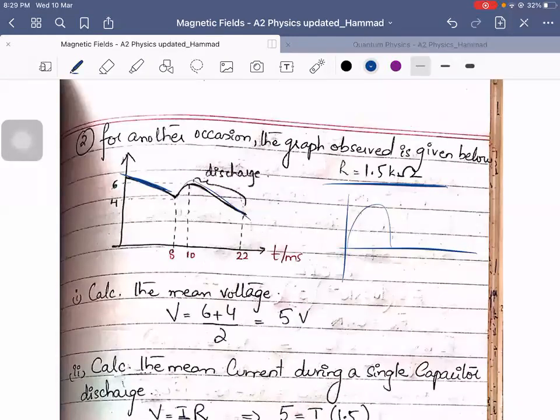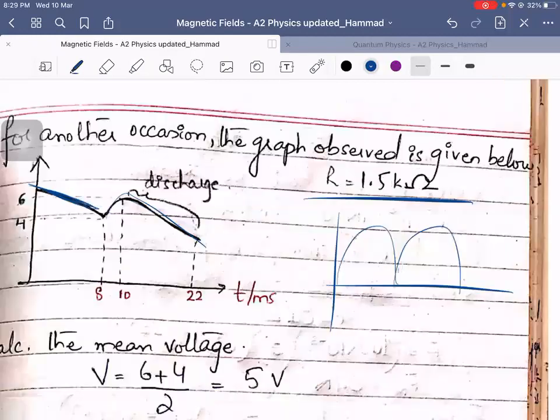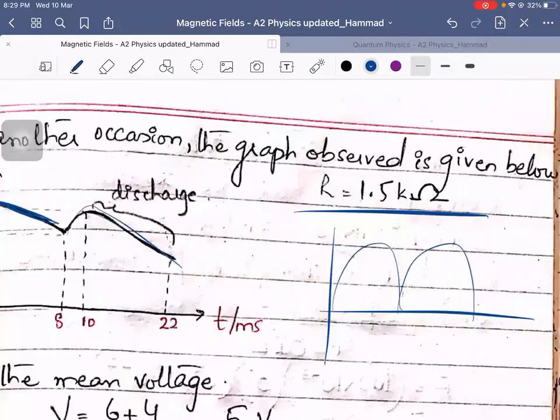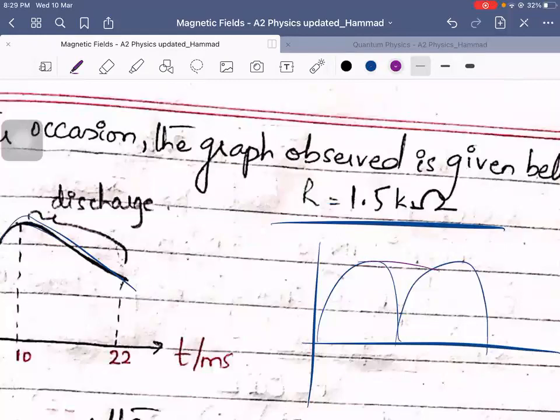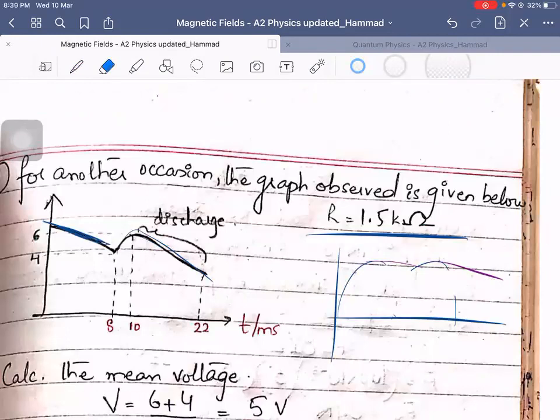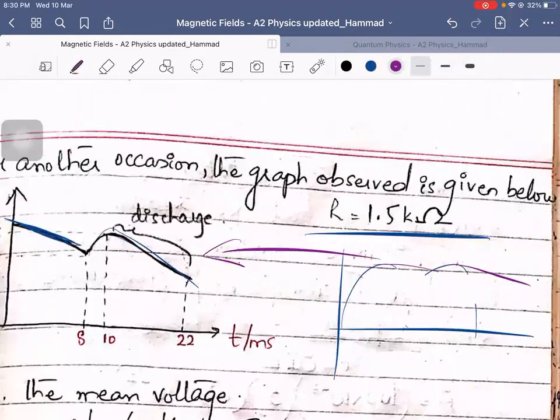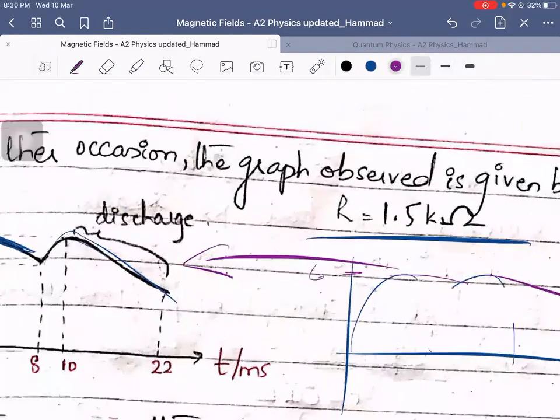After rectification, I allow my wave to look somewhat like this. And when I connect it to a capacitor, the capacitor will smooth it, thereby cancelling this part, and the wave looks somewhat like this. Right? Your peak voltage was 6, and